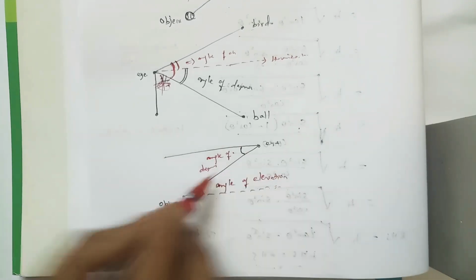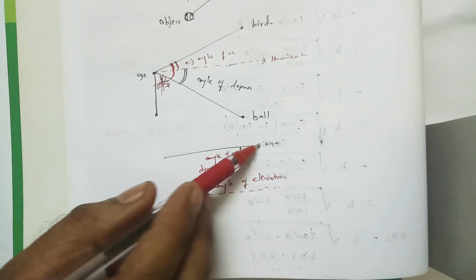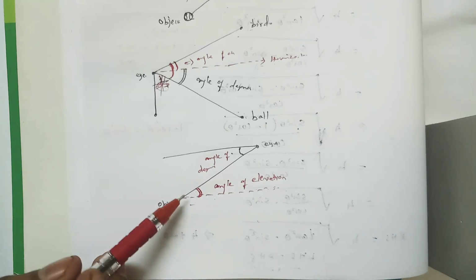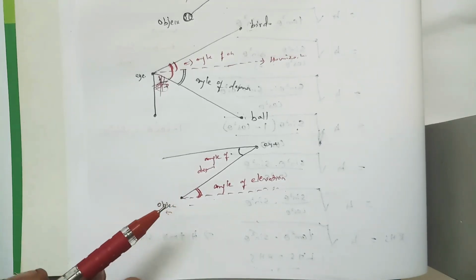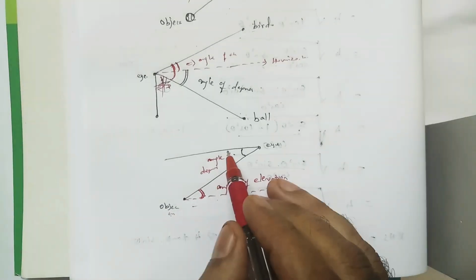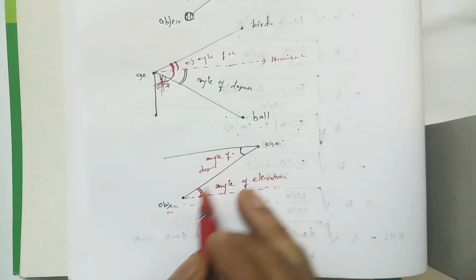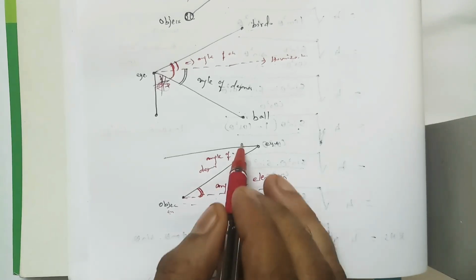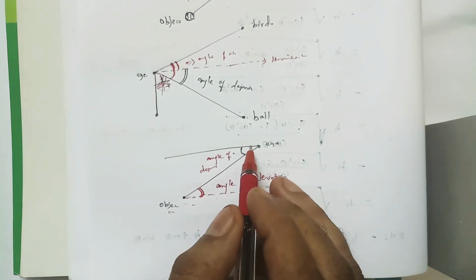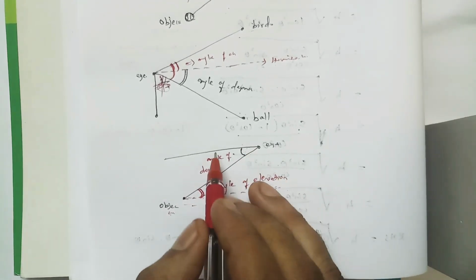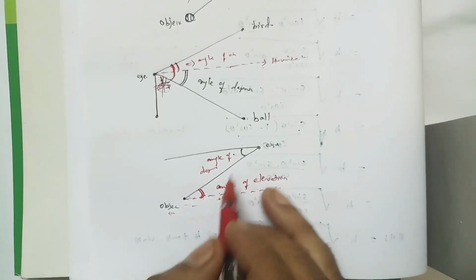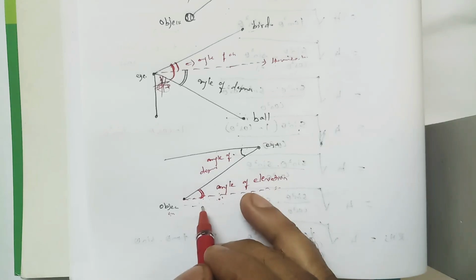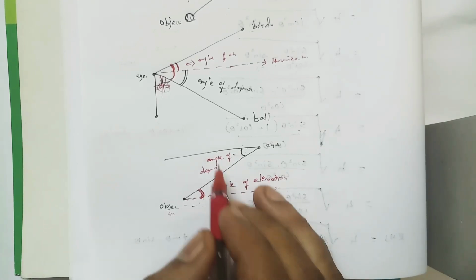Whenever we draw this, these two lines are parallel and this is the transversal. What is the name of the property we are using? This is the parallel line and this is the transversal, so alternate interior angles are equal. When these two horizontal lines are parallel, the two alternate interior angles are equal.